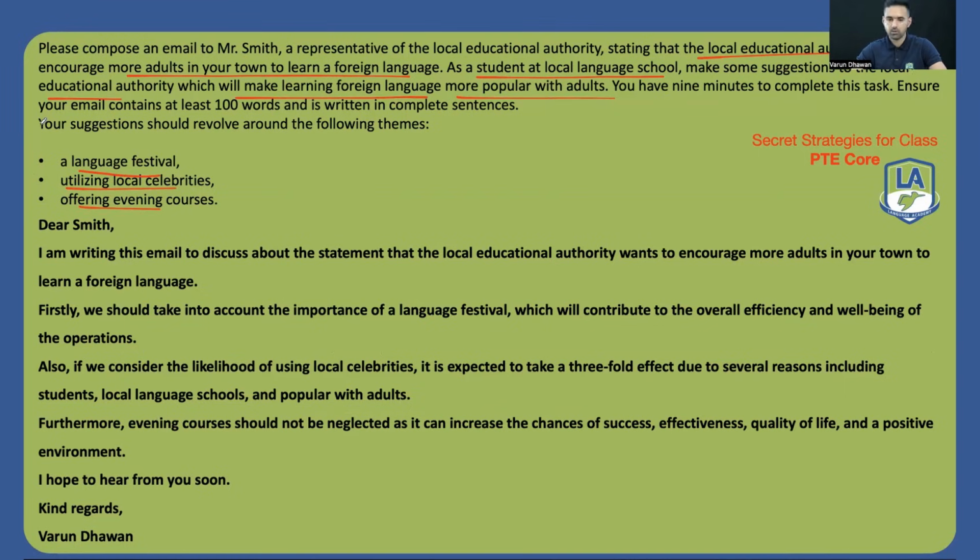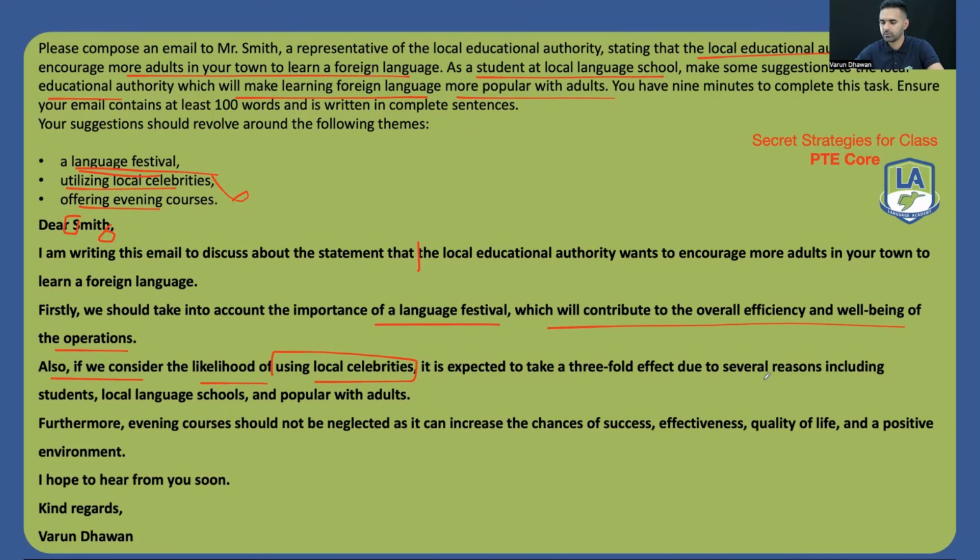Now, this is a very long email topic. So you have to just choose the keywords. Dear Smith, comma, make sure S is capital, or you can write Mr. Smith as well, and comma. I'm writing this email to discuss about the statement that the local educational authority wants to encourage more adults in your town to learn a foreign language. Firstly, we should take into account the importance of a language festival, which will contribute to the overall efficiency and well-being of the operations. Also, if we consider the likelihood of using local celebrities, this one, it is expected to